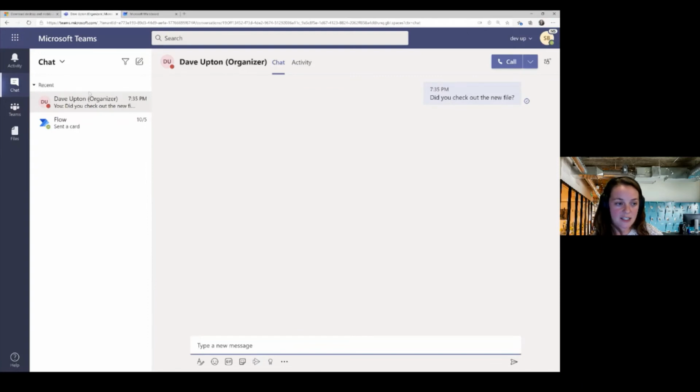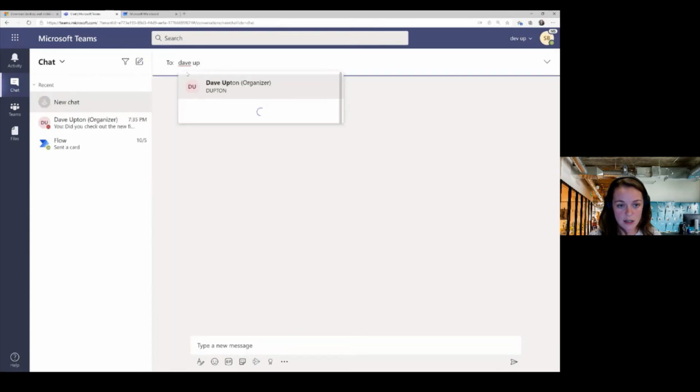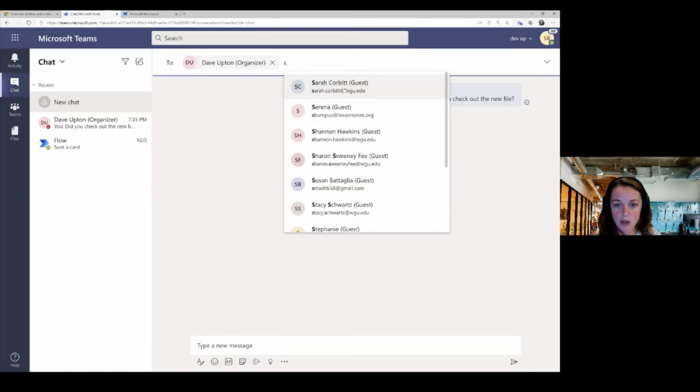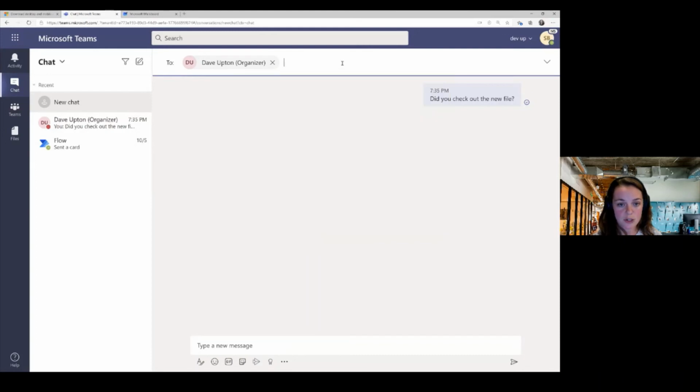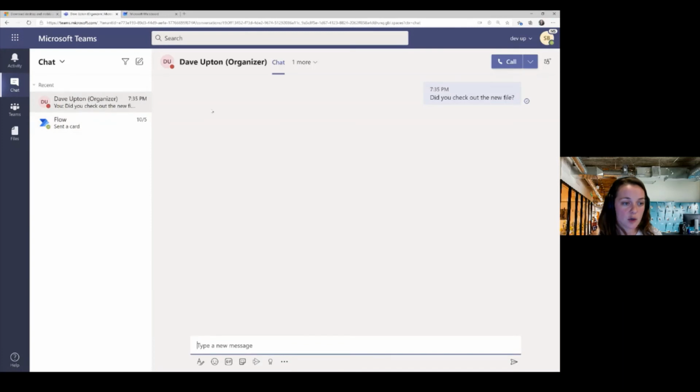And this, as you can see, is within your chat tab and it's only going directly to Dave. You can add in multiple people if you want. Say I want to add in Dave and Sarah, for example. You can add 2 people into a chat. It doesn't have to be just one-on-one, but this is more for if you don't want every single person to be involved in the conversation. From here with Dave, I can do the same version of Meet Now. I can call him and we can have a call just on our own.